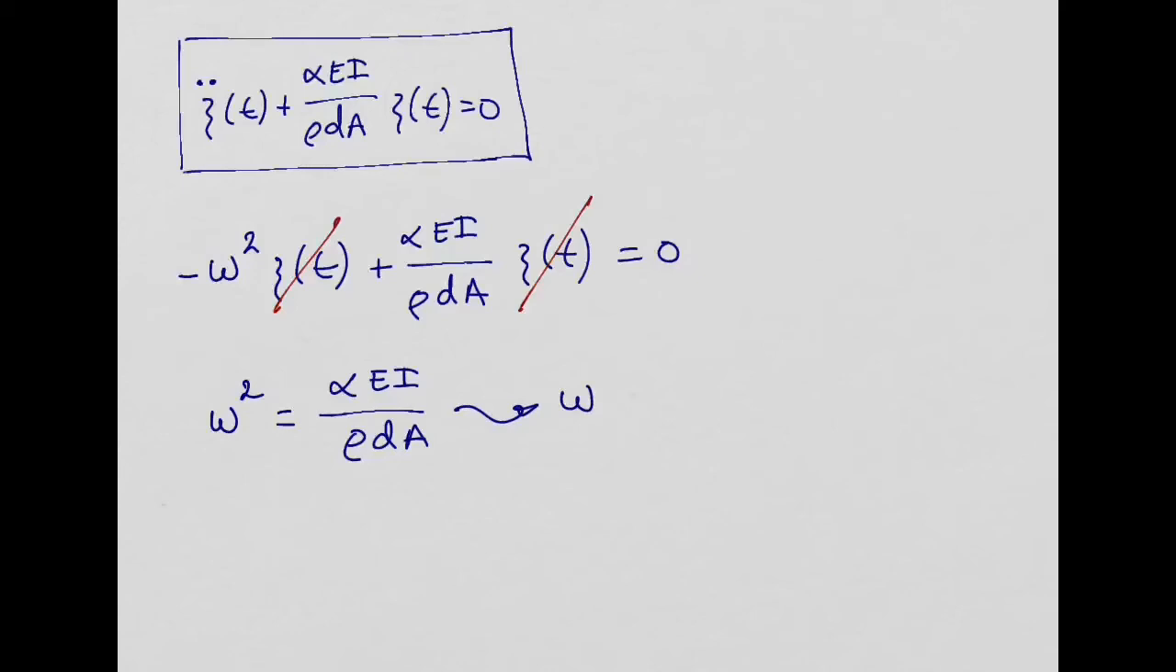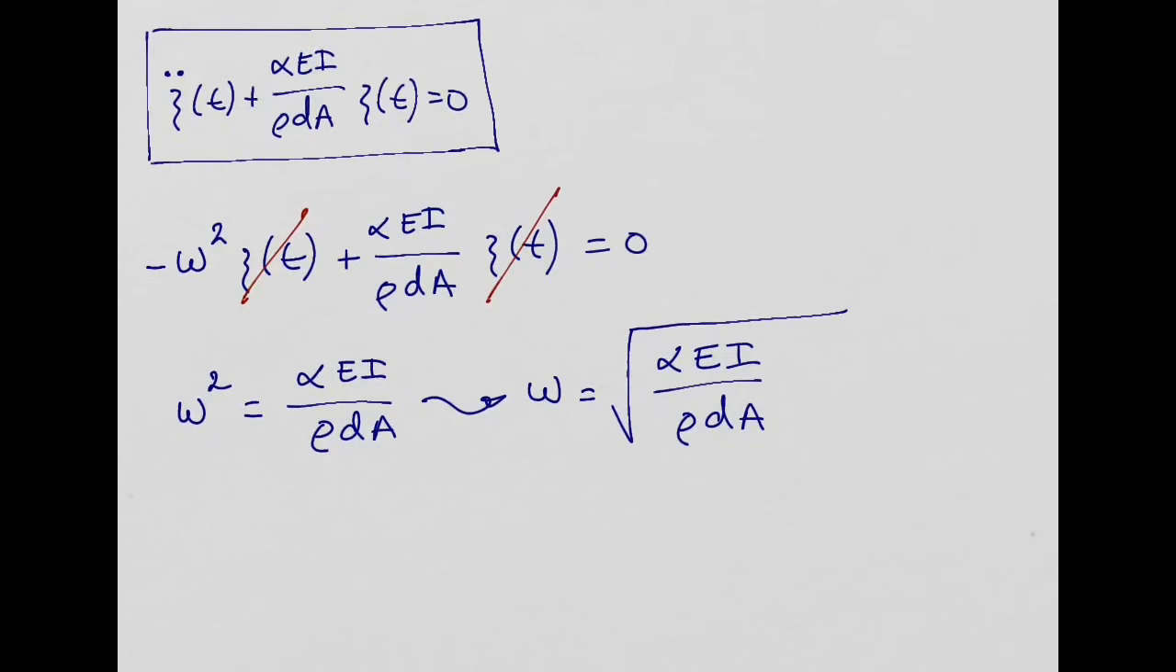or, if you want, my natural frequency of the beam is going to be equal to the square root of alpha EI over rho dA, which is a very, very important result,